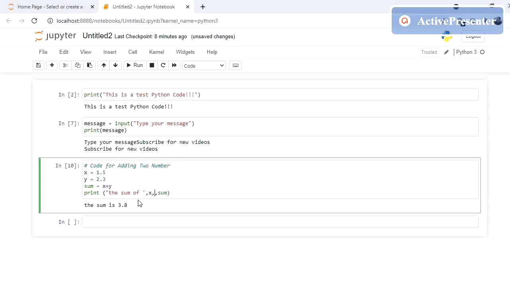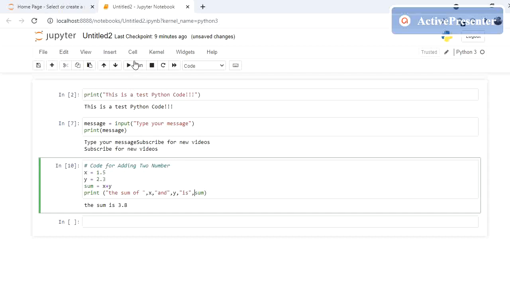This is how you can generalize your system, so it looks good. The sum of x and comma y is, then comma. So what I am trying to print here: the sum of x and y is sum, so it will print x as 1.5.